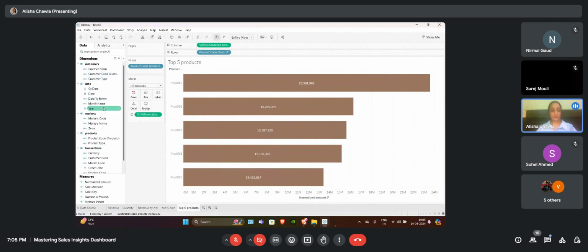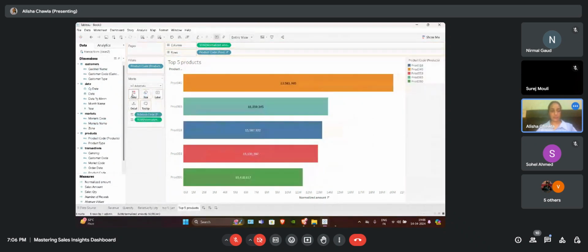In case, just wanted to confirm one thing, whenever we put an aggregated column, it gives us the gradient color. But whenever we put a non-aggregated column, let's say we have put the product code in our color, it will give us a separate color for each product. This is the difference between dimensions and measures.